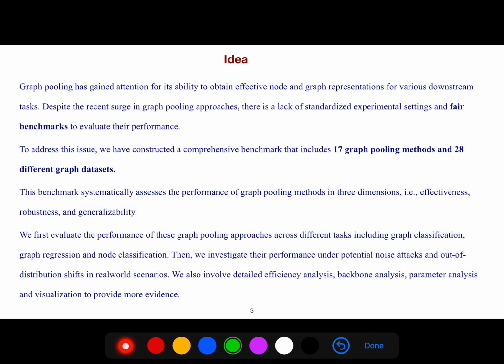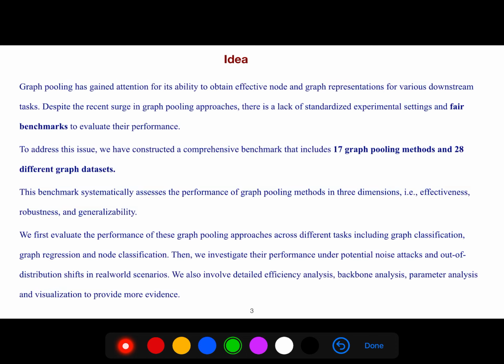To address this issue, we have constructed a comprehensive benchmark that includes 17 graph pooling methods and 28 different graph datasets. This benchmark systematically assesses the performance of graph pooling methods in 3 dimensions: effectiveness, robustness, and